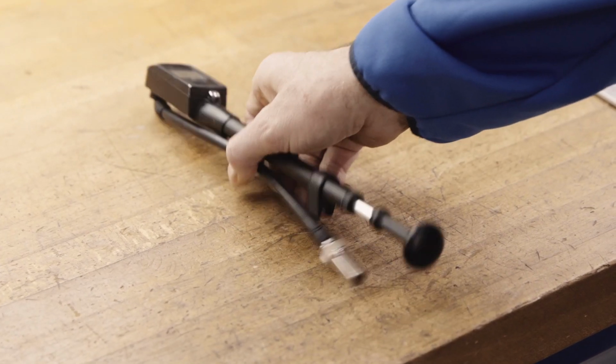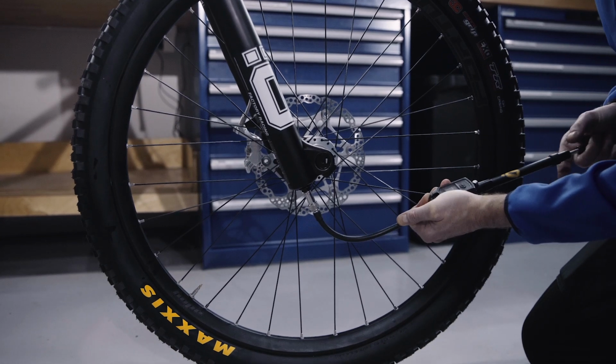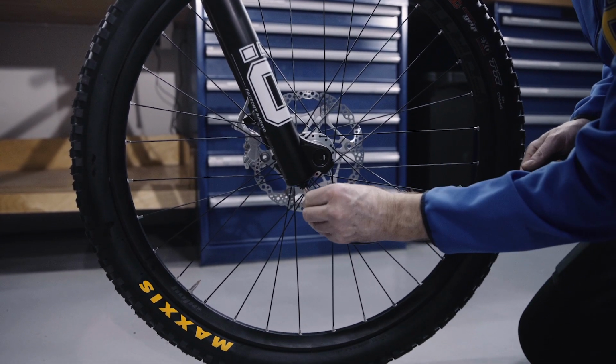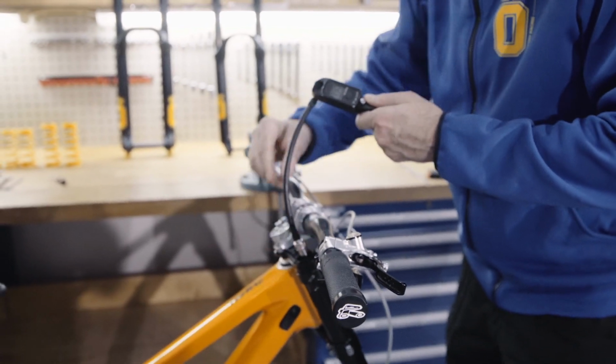Pump up the fork to the correct pressure for your weight. Don't forget to include the weight of your riding gear too. On the fork, there is an air pressure recommendation table on the lower leg. It is important to pressurize the ramp-up chamber of the fork first to allow you the possibility to adjust the